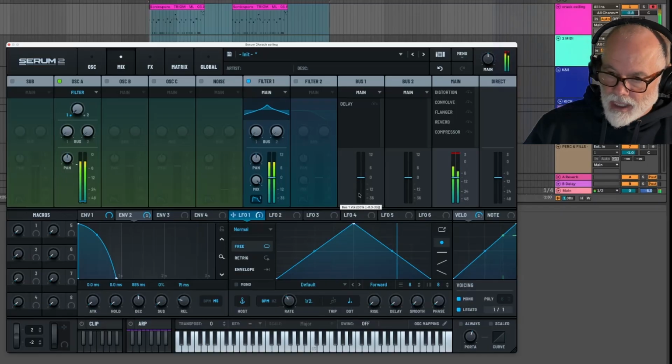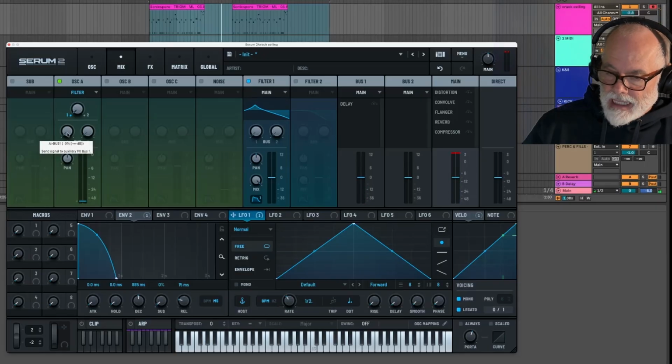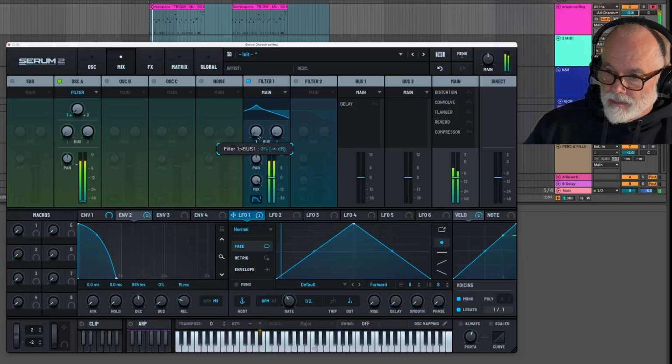And let's just do that. So that was sending that delay as a parallel signal past the filter, and it's really parallel processing of this delay. If I want to send this through the filter,